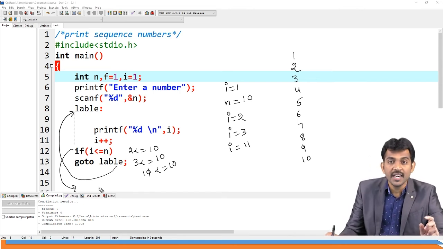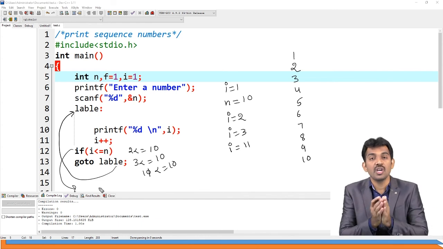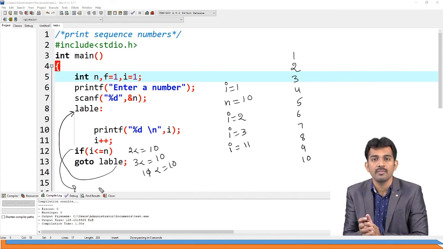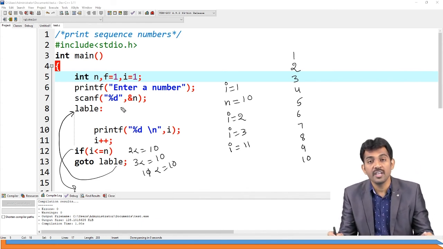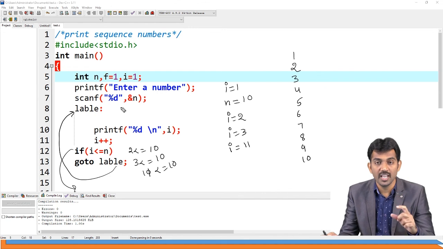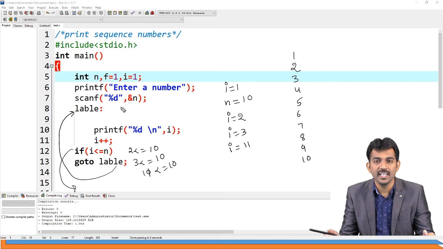Right? Goto is an unconditional statement. So you are going to achieve something like looping statements or jumping statements. Goto is a jumping. You need to change the control from one position to another position. Is this clear? So goto is a statement used to change the flow of control, also called a jumping statement. Right? You jump from here to here. You don't have any brackets or any scope, but by using the label concept, you are going to move from one position to another position. Is this clear? So this is the purpose of goto, right?